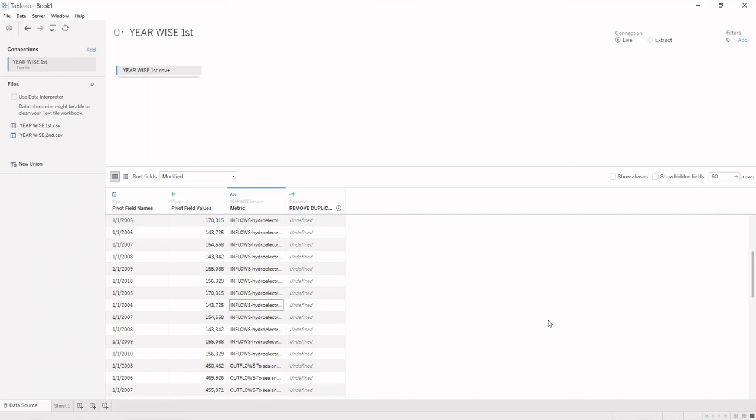If any attribute in a dataset stores more than a single type of information and we need to analyze it separately, then we need to do splitting. In this dataset, we can see that the column metric is saving two different types of information.